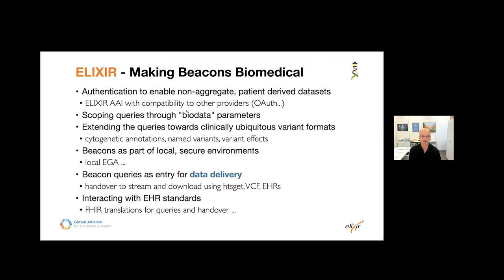For instance, authentication, then the identification of which bioparameters besides genome data should be answerable for maximum functionality. Clinical variant formats, since not everything in genome variants is a SNP. And the integration of beacons into secure local environments. So how do you integrate authentication with the beacon protocol, for instance, in the case of local EGA?